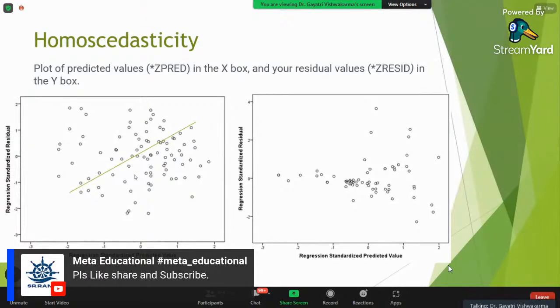If we take the distance from the line, it is almost equal on both sides. But here, if we draw any line on any type of regression, we cannot see this in this graph. So if this is the case, you have to say that the homoscedasticity condition is not met, and then you cannot apply linear regression. But in the first case, you can apply it.